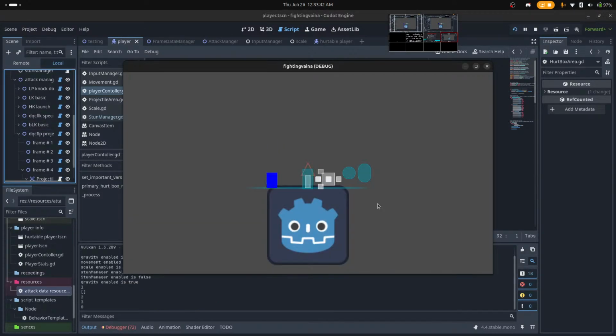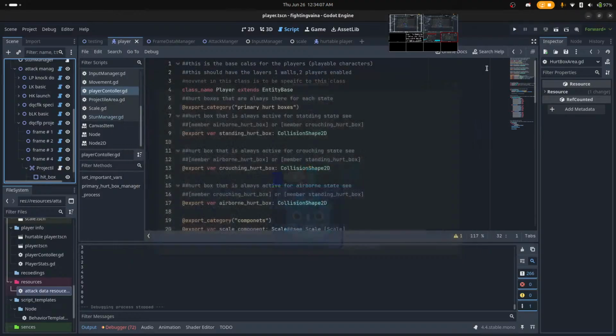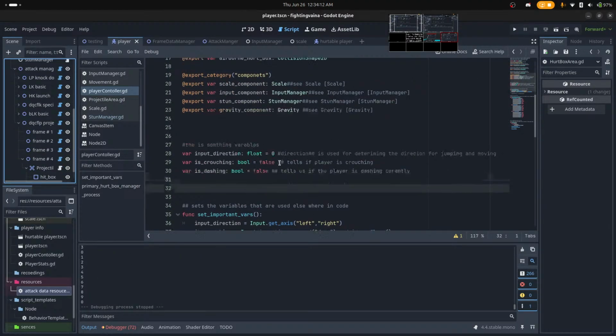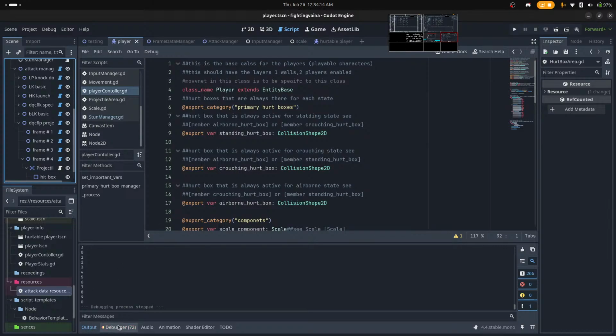Yeah. That's punch. And then what I use is the projectile, which I have set to a really low number. Yeah, there's another thing. I should print the attack name here.